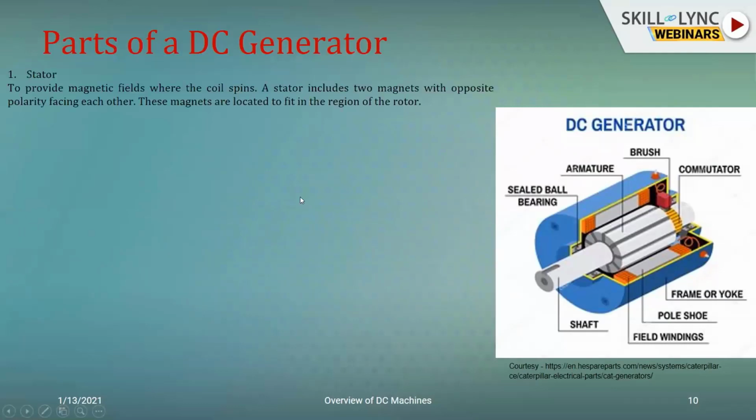When it comes to the inner circuits, you have the stator circuit, and again you will have something known as the rotor circuit. Now what is a stator circuit? The stator circuit is the stationary circuit, and primarily it generates the working magnetic field. If you see here, you can talk of two magnets with opposite polarity facing each other. If you're talking of a two-pole machine, you will have just a single magnet with the north and south pole. And if you have a four-pole machine, you'll have two magnets, each with north and south poles. Accordingly, as the number of poles needs to be increased, you will be introducing more and more magnets.